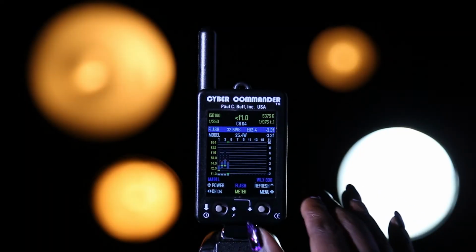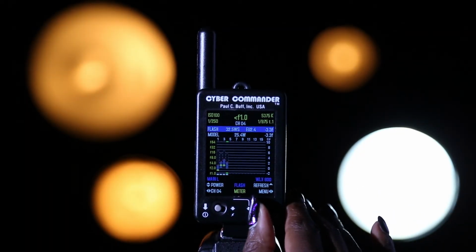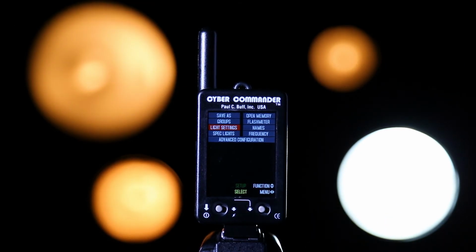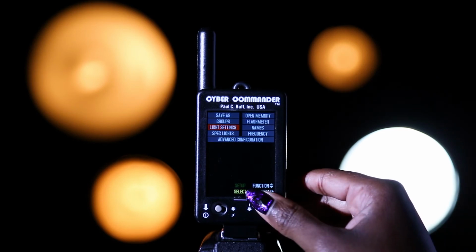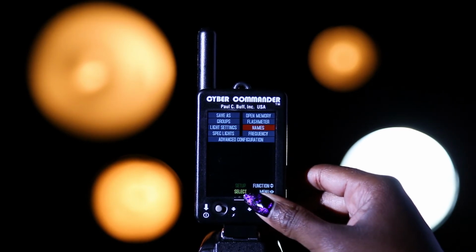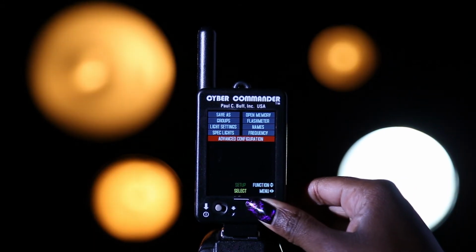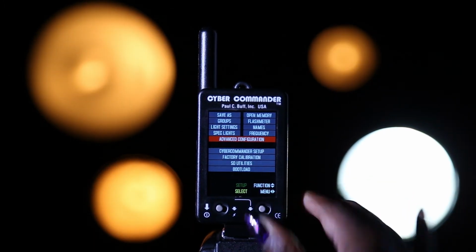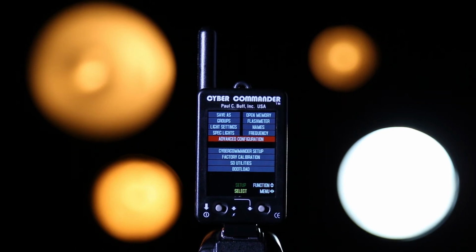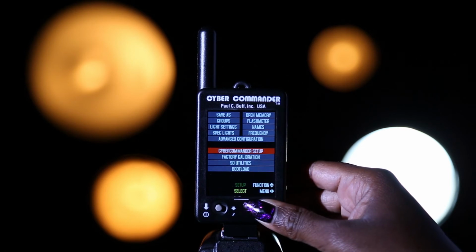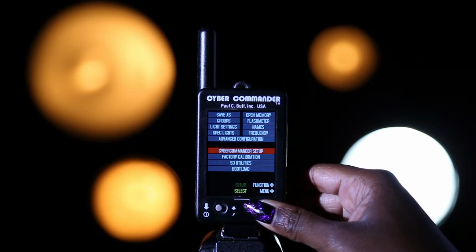And so now the next thing that we're going to do is we're actually going to use the right joystick and we're going to toggle back to the setup menu. And I'm going to show you a few other things on this menu. First, we're going to take the right joystick. We're going to toggle down to Advanced Configuration. You'll select that by just pressing in on the right joystick, and that's going to collapse down another menu. You just take your right joystick and toggle down to Cyber Commander Setup, and you'll select that by pressing in